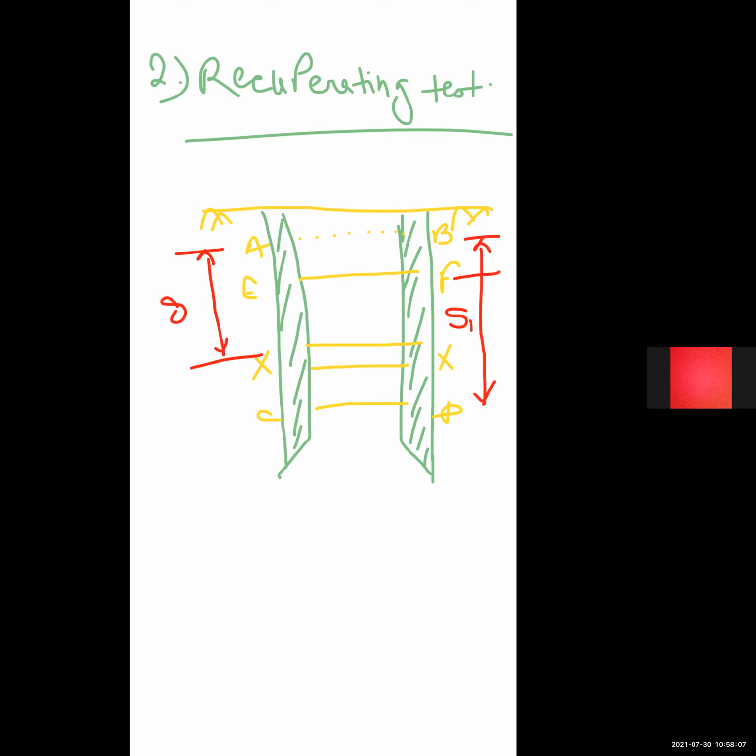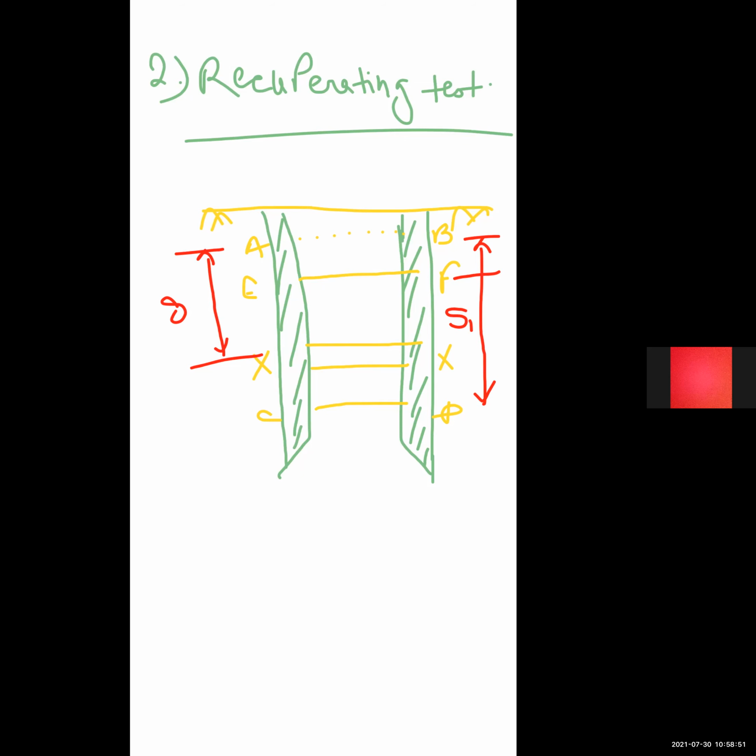According to the figure, let AB be the static water level in the well before the pumping was started, and CD is the water level in the well when pumping was stopped. S1 is the depression head in the well at the time pumping was stopped, and EF is equal to the water level in the well at the noted time, that is after time T from when the pumping is stopped.